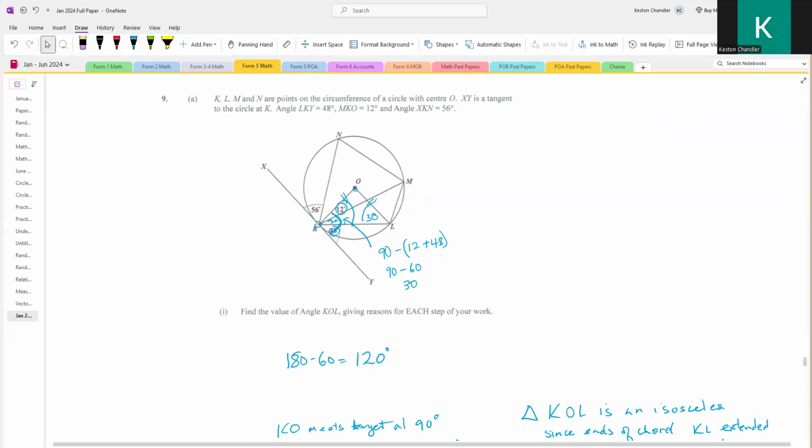Right? They're supposed to sum up to 180, is it? Opposite angles in your cyclic quadrilateral. We could either do that, or we could also look at